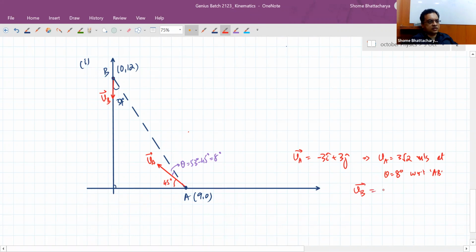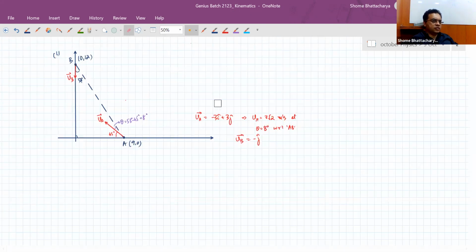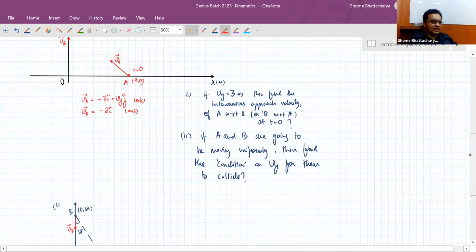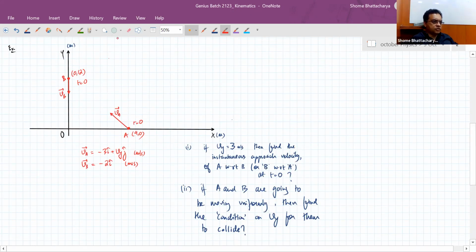And VB we have taken as minus 2 j cap, is it? If I have written it as i cap, it's wrong. It should be j cap. It was my mistake. It could have been that, but according to the diagram, it is the negative y-axis, so I have to take it this way. If it had been minus 2 i cap, then I should modify the vector diagram. Anyhow, with this modification, this is 3.